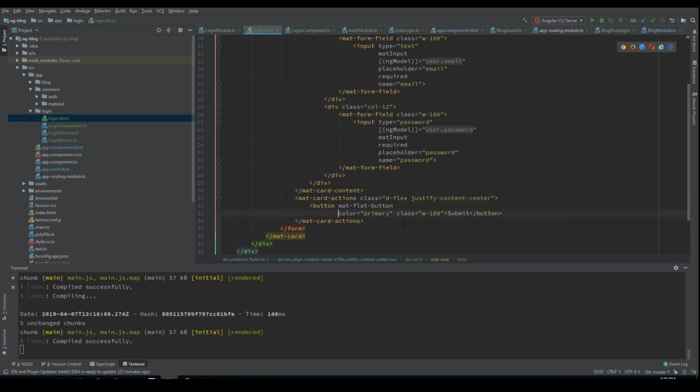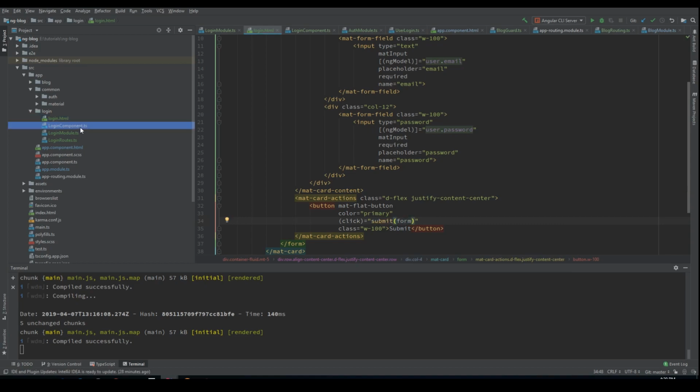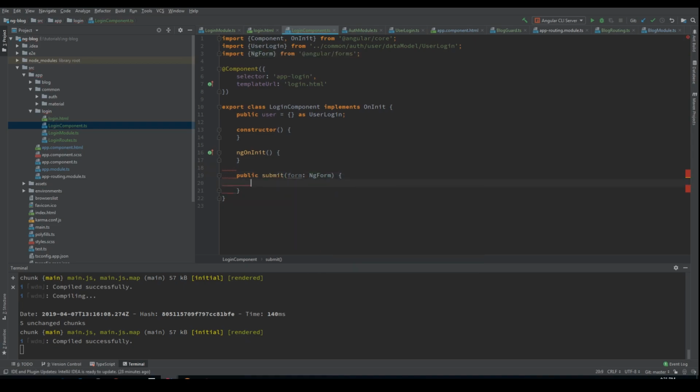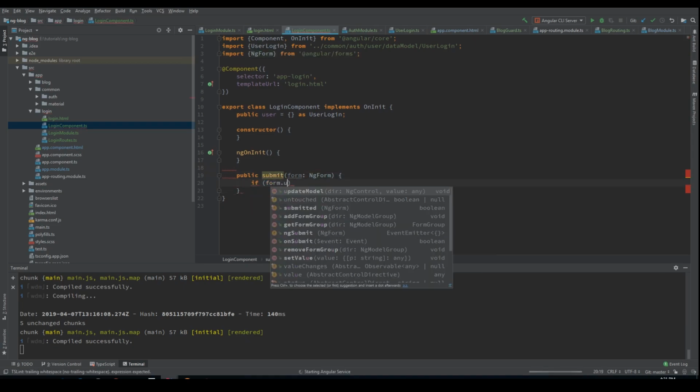And here on the button, on click, submit, we will call submit, and we will provide the form. Let's create a method here. We will receive a form of type ngForm. And now if form is valid,